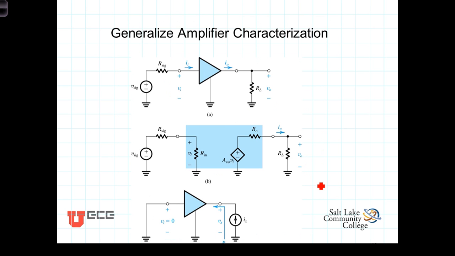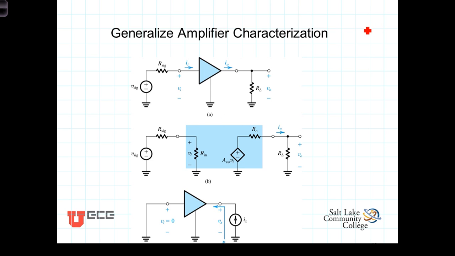With the input and output voltages defined for each of these different amplifier configurations, we can describe each of these in terms of the input and output voltage, the resistance seen looking into the input terminal, the Thevenin equivalent resistance that is experienced at the output terminal, and also the open circuit voltage gain A sub V0. So this then gives rise to this generalized amplifier circuit that allows us to characterize any one of those three different